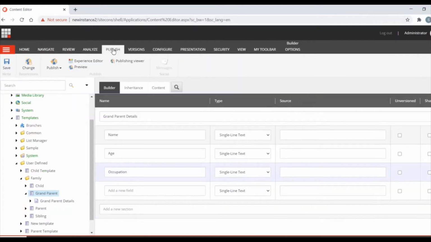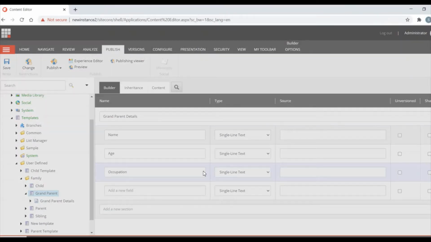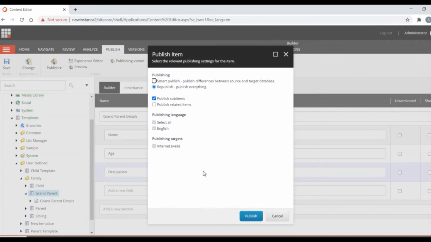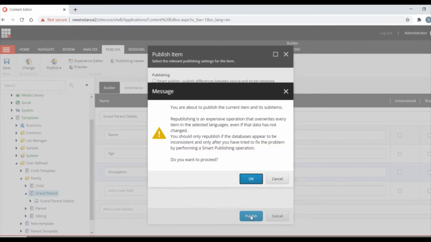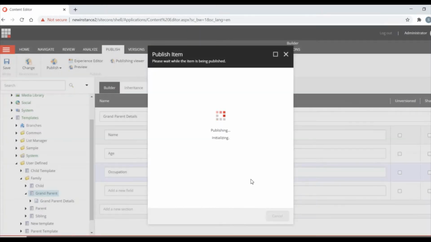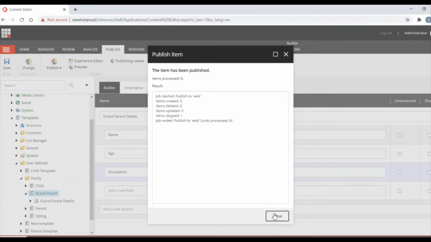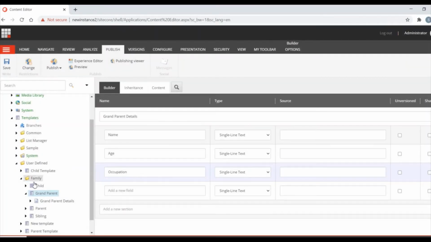Grandparent details. I am publishing this. It's published. Okay, so previously I already created siblings, parents, child, grandparents.